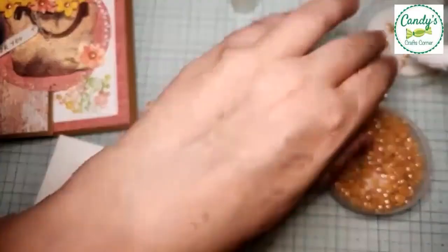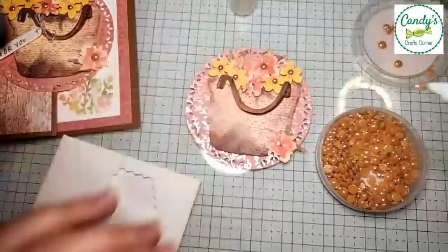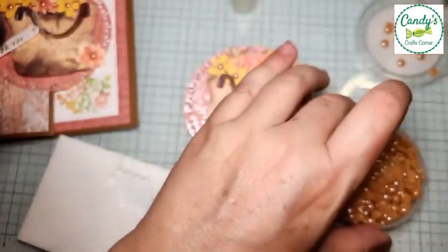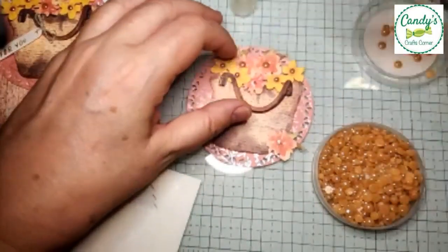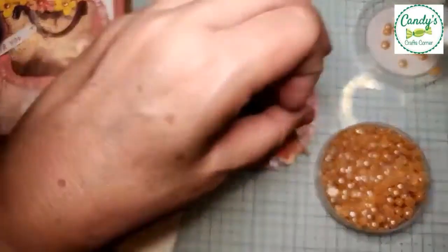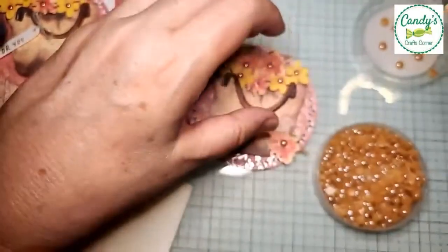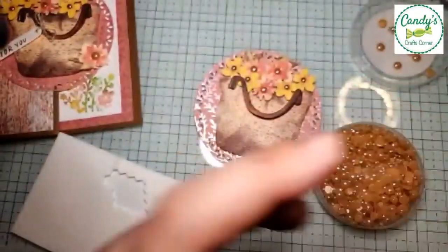Maybe the big ones now. No, this is too big. I don't like it too big. This size is the one I wanted. And one more. Which one is the size? This one. There. All right, now that we have that,